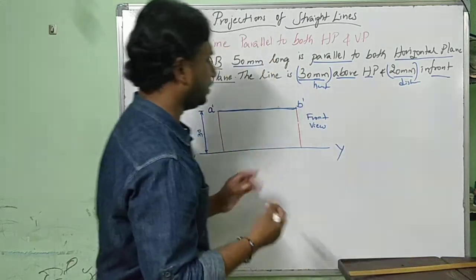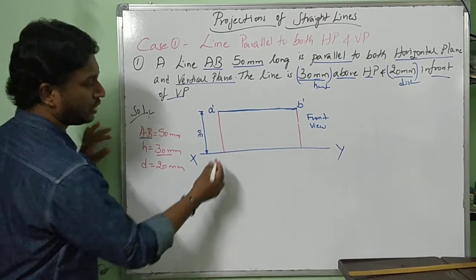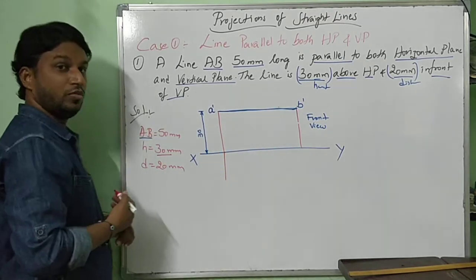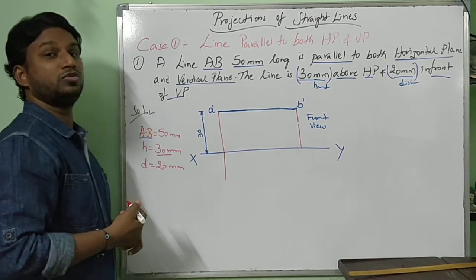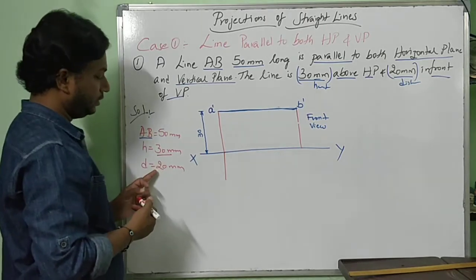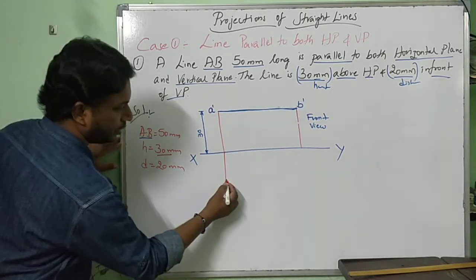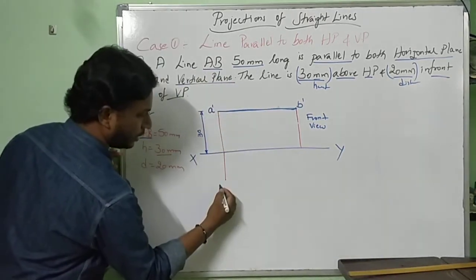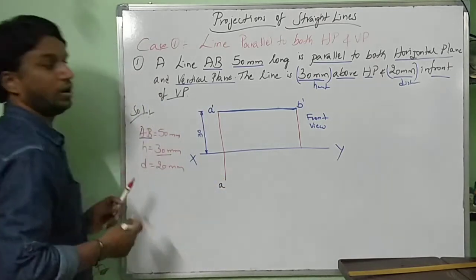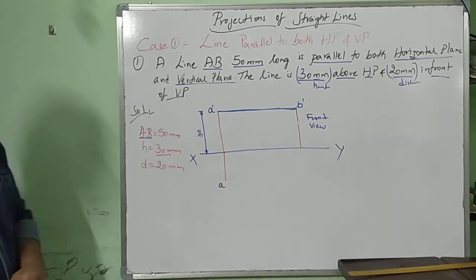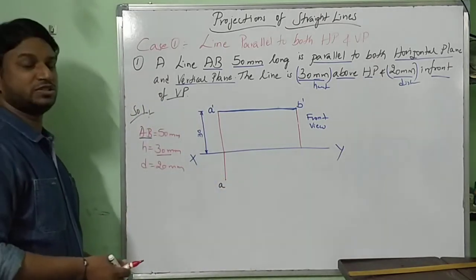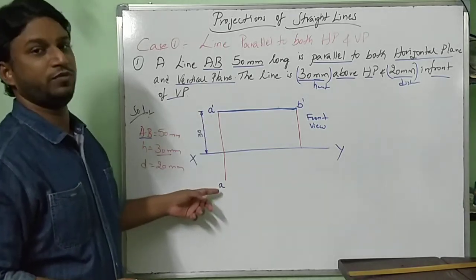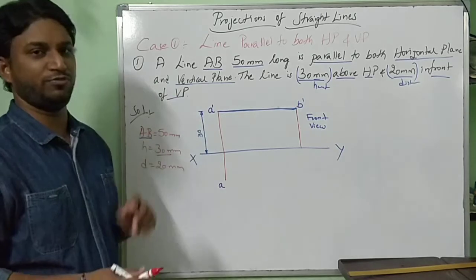So when coming to the drawing sheet or drawing table, you have to just draw a projector from here. What we have to do is take the distance. Distance is 20 mm. Now here comes the point. Which point is it called? A point. Now I am denoting it as small a. You are supposed to represent the top view point with only a small letter without any dash. Front view dash, top view a. Already we have discussed this in projections of points.